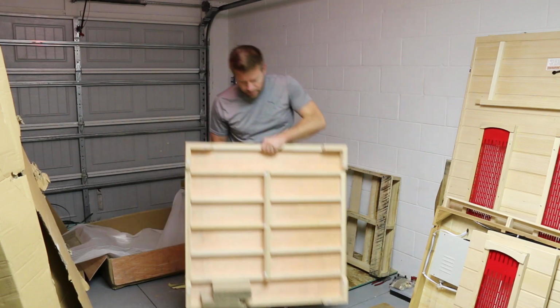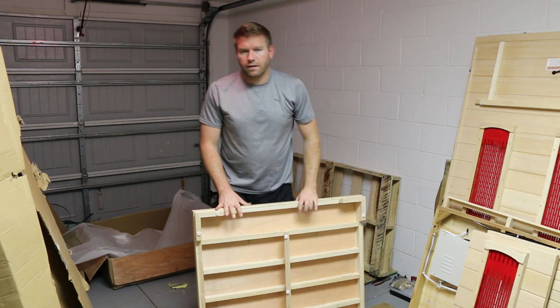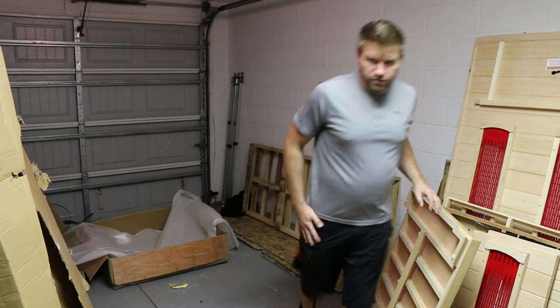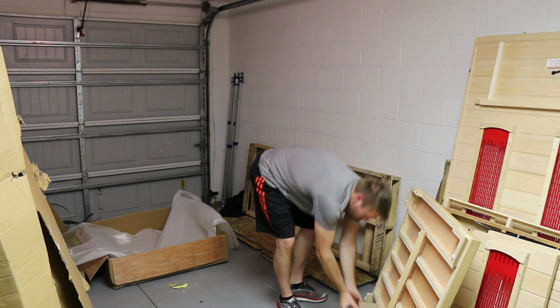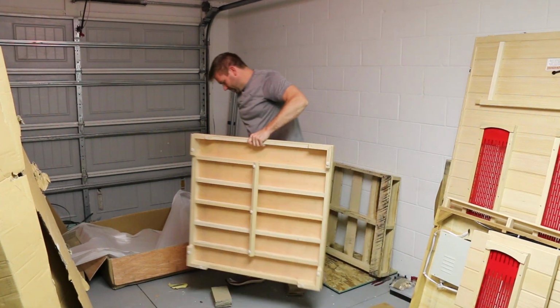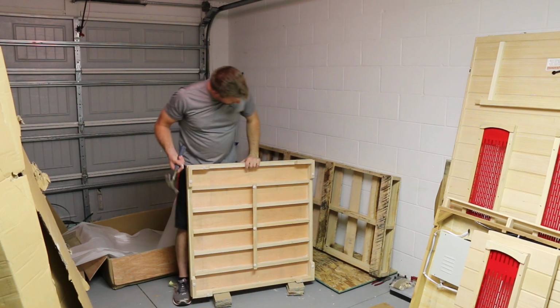We can fix that real quick though. Yeah, she's a little broken. That'd be all right. Let me get a couple of tools. Find a hammer. Lay out spacer. It seems like on every single one of these, there's at least one thing that's broken. And I definitely have to put